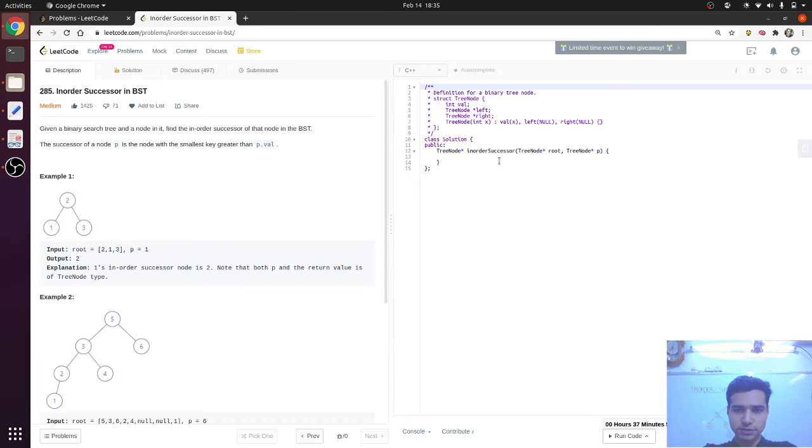Hi, so let's start writing the code. First we can just return a null pointer if the root is null, and we can store a current node to traverse the tree and have a successor node which is originally a null pointer.